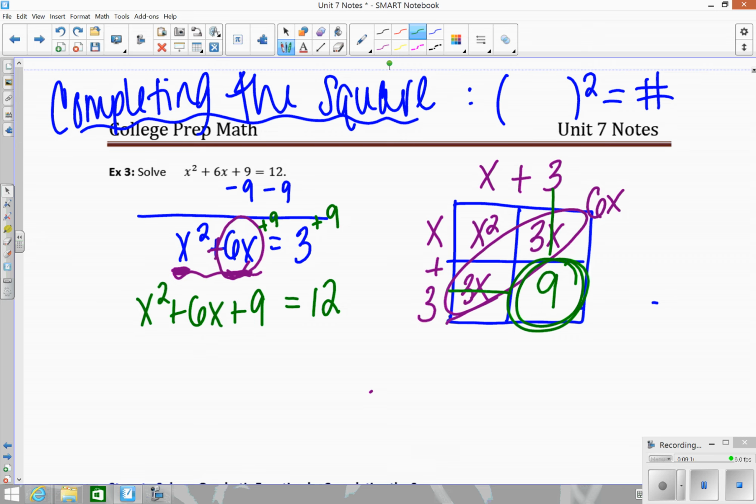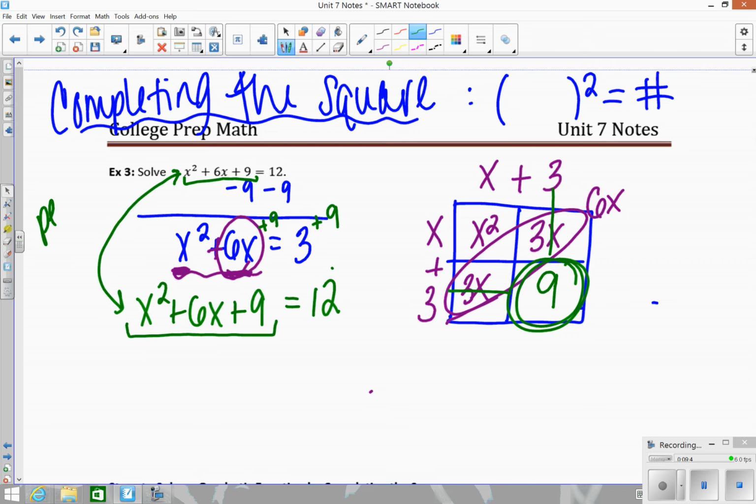And now what you've done is you've created this perfect square trinomial. Essentially, if you look at this particular example, looking ahead or looking back, these actually ended up being the same. That's not typically going to happen, but basically I didn't need to do this whole completing the square step, because I could have just taken this and I could have said, okay, I know that that's a perfect square